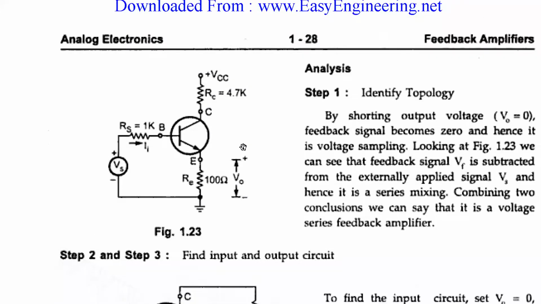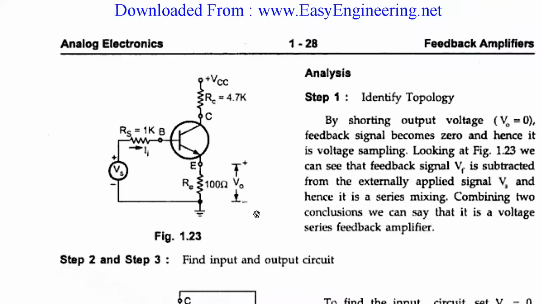So we are starting with a very simple problem to make it very easy to understand. Let us take this circuit given to you, and it is asked, what is the feedback? How to identify? There are some set of rules to identify the feedback mechanism. I am repeating: in the exam, suppose a circuit is given like this, and they will say, what is the feedback here? Identify and find voltage gain AVF.